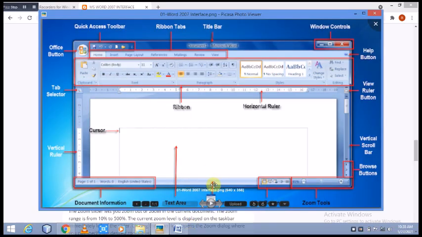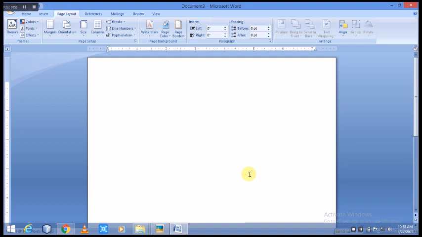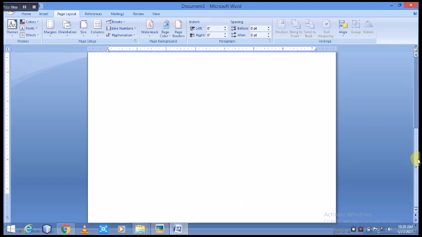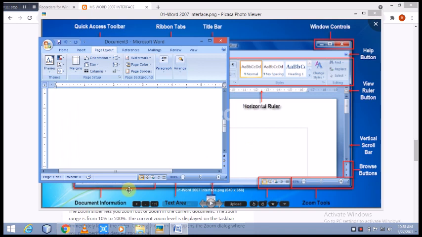Now you can see out here the status bar. Now you can see this one is the status bar. So what are the things that are shown in our status bar?